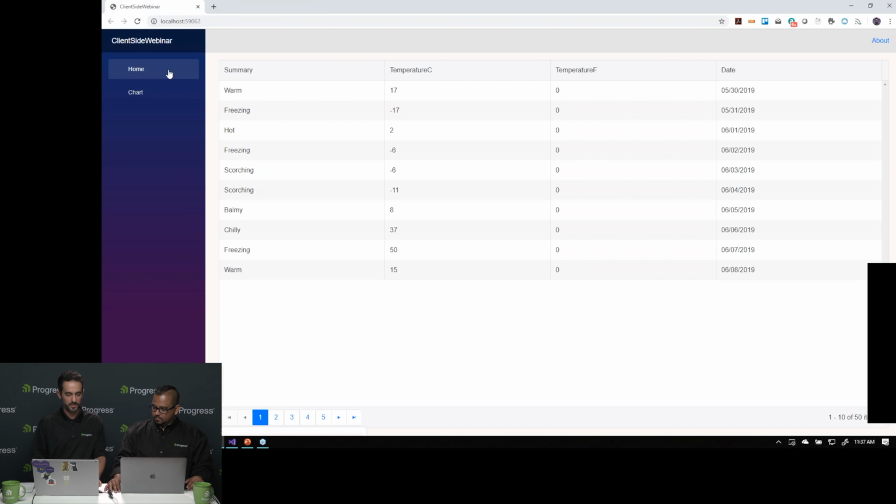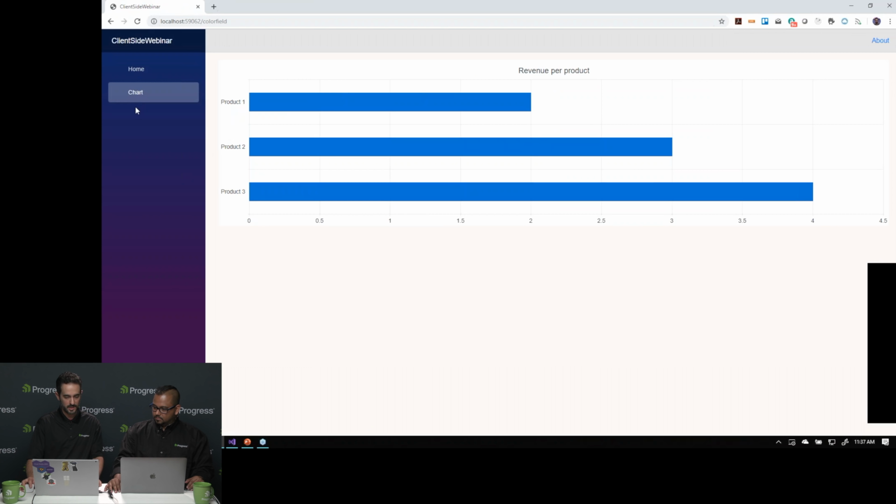Bleeding edge bits tend to break now and then, so we may have, nope, it's working. So I've got a chart example here I wanted to show. This is another piece of feedback that we got. We released the charts a couple months back, and people have been getting used to using these in the context of Blazor. And one of the things they wanted was the ability to data bind the color value to the